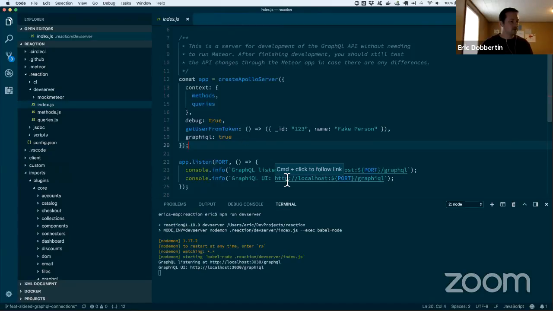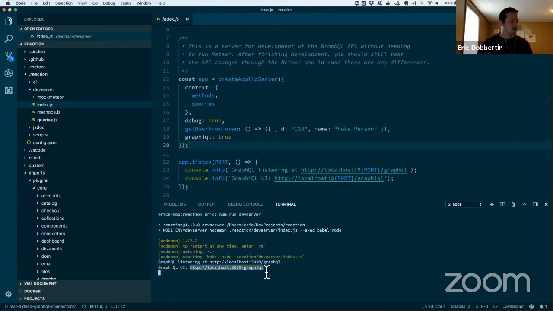So if you're working on resolvers or playing around with this, you might want to run this to much more quickly get restarts. But then at some point you're going to want to run it through Meteor, to determine the actual functionality without any mocks is working properly.